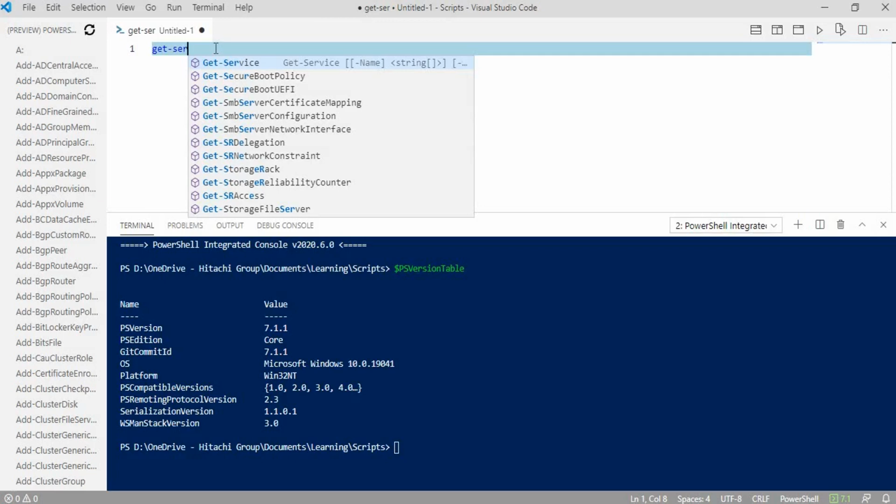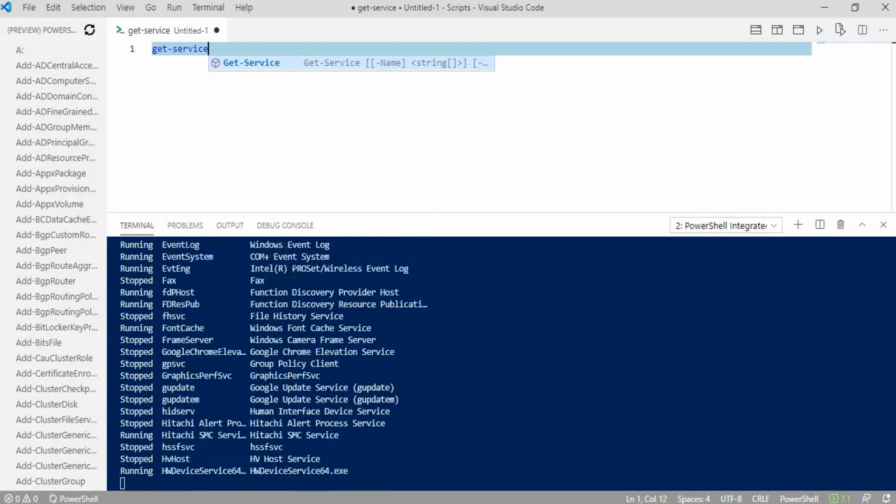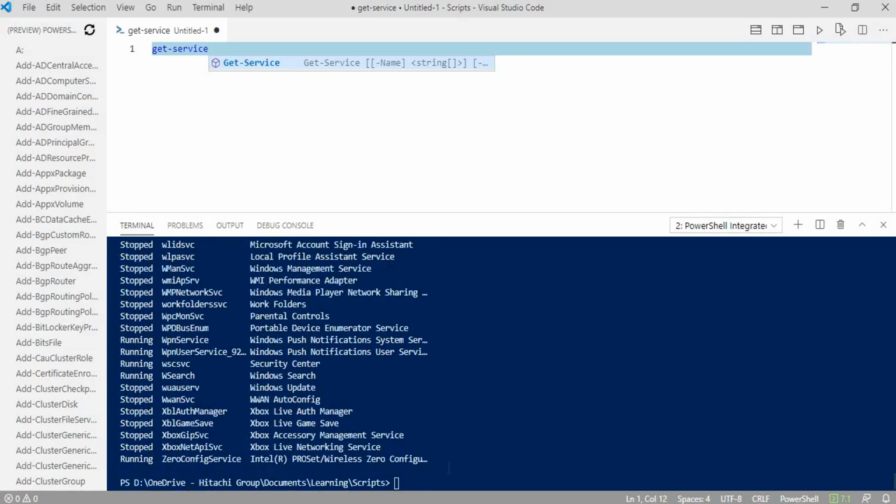So basically Visual Studio Code has all the features of PowerShell ISE. In fact, it has more than that. Like in PowerShell ISE, we have here run the complete script or run selection. So let me run the selection. As you can see, our command has run and it is showing the output.